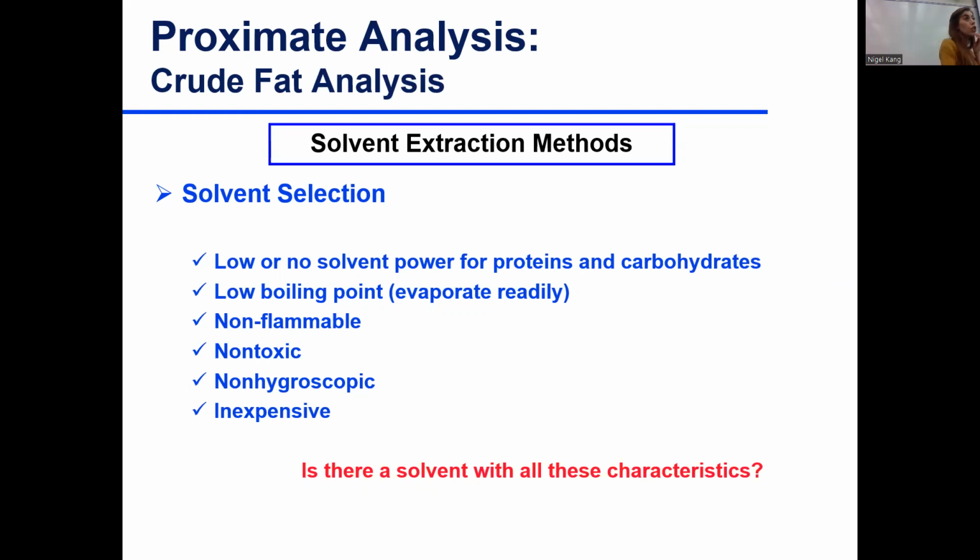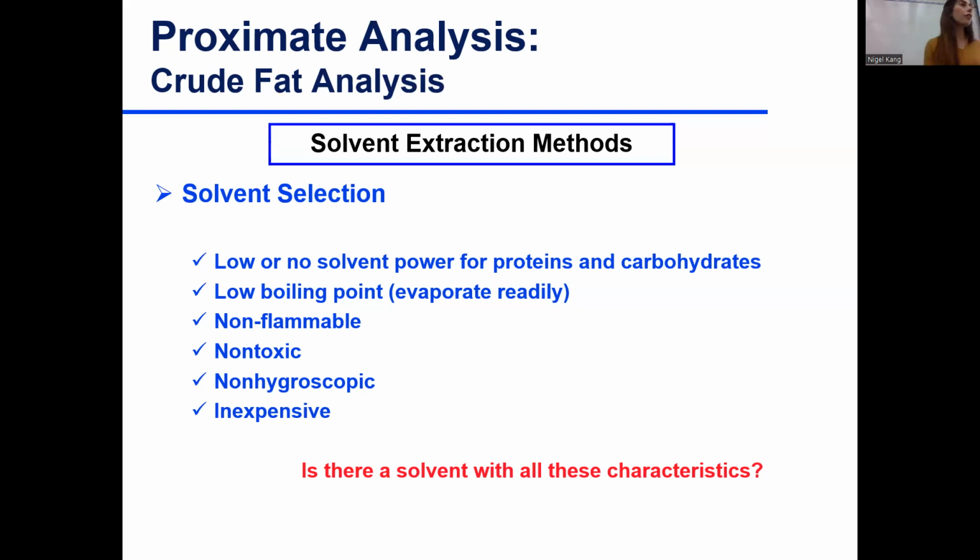Solvents should have low boiling point. Why? Because we need it to evaporate, and then we can weigh what is left, which is fat, and determine the fat content. Solvents should be non-flammable, non-toxic, inexpensive, of course,